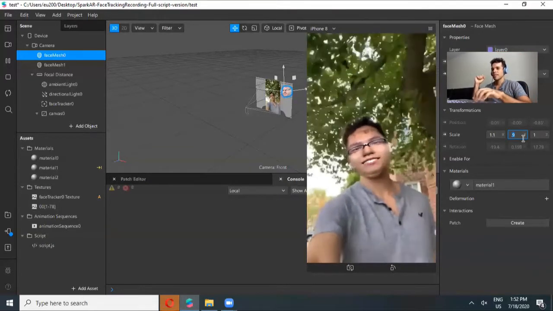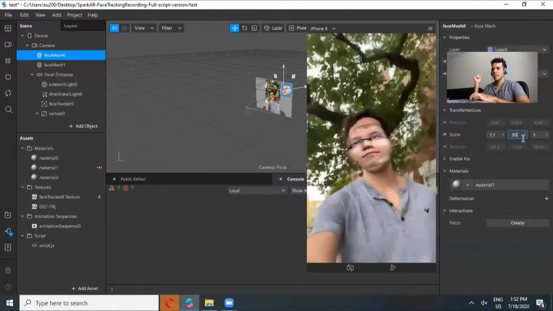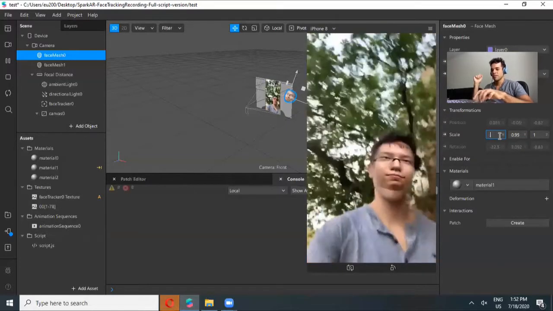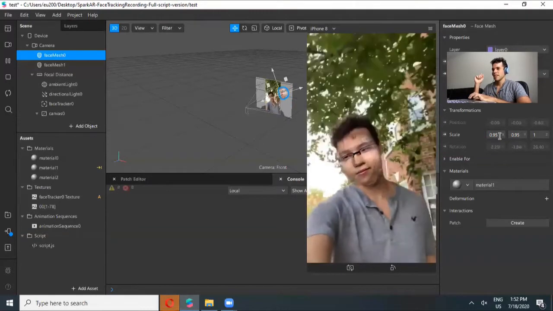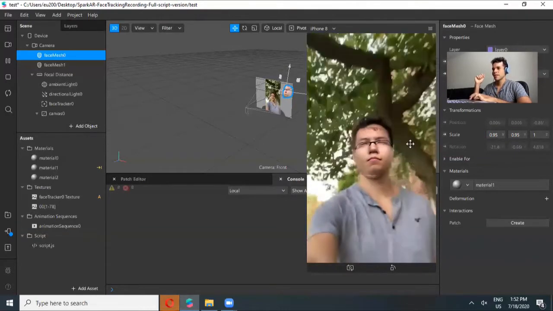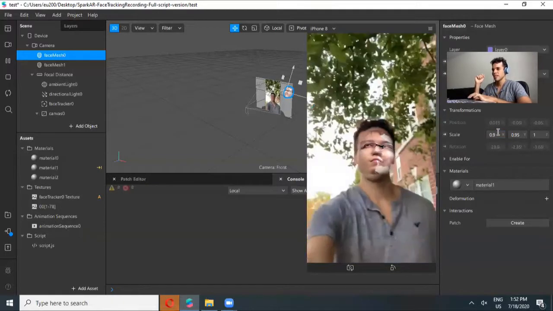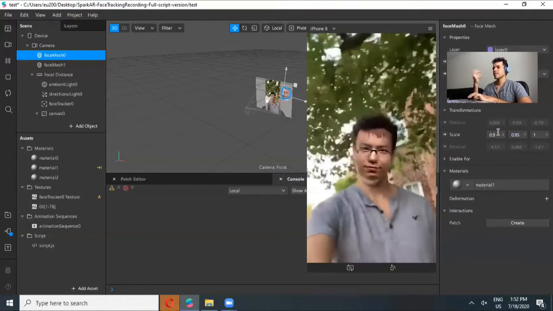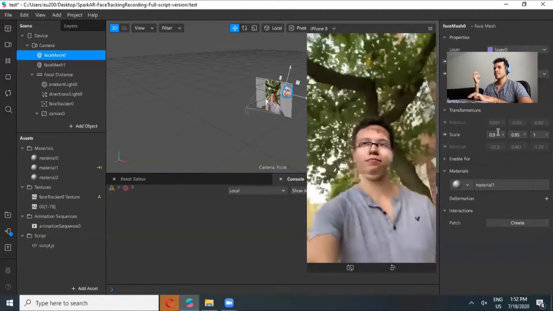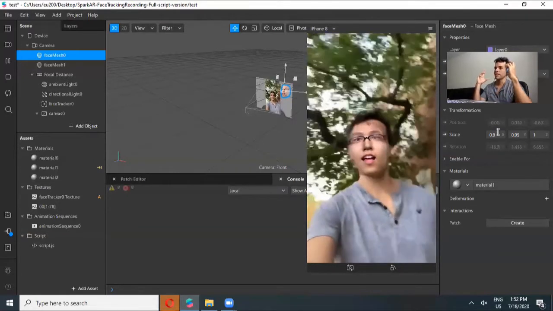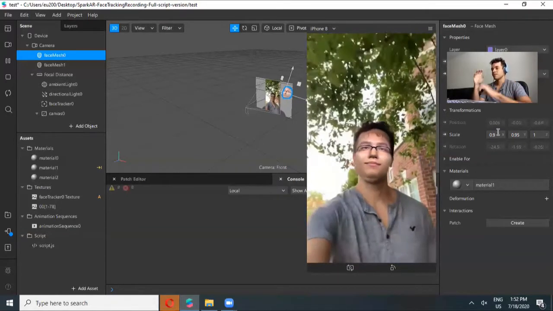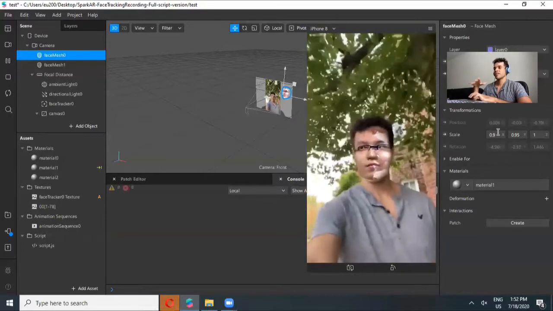So I'm gonna leave it at 95 and 95 just to see how it is. And it looks a little bit bigger on the X, so I'm gonna leave it at 92. Yeah, I think it's good. You can still change it, and it's never gonna be perfect because some people have bigger faces than others. So you just need to get an average and think about